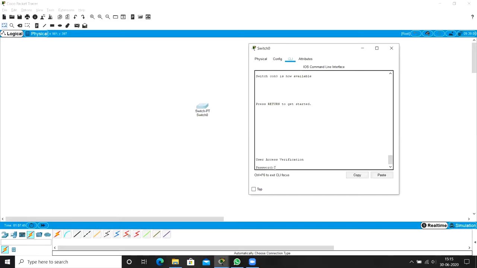The line which is connected to the console: whenever somebody is entering into the switch, at the initial point, the login point, he has to enter the password. So the network administrator has to enter the password. Until and unless he enters the password, if he doesn't know the password, he cannot enter the switch. That is what it means.